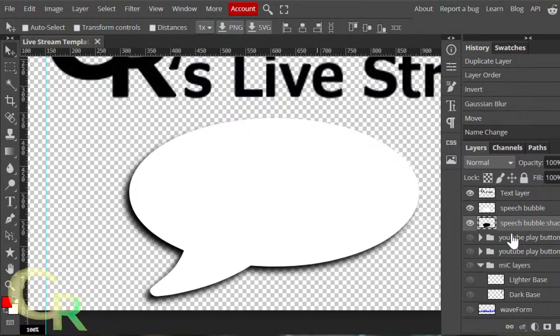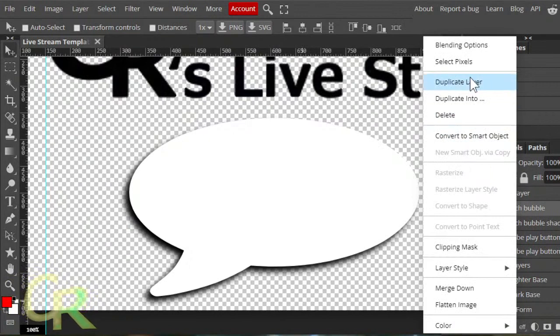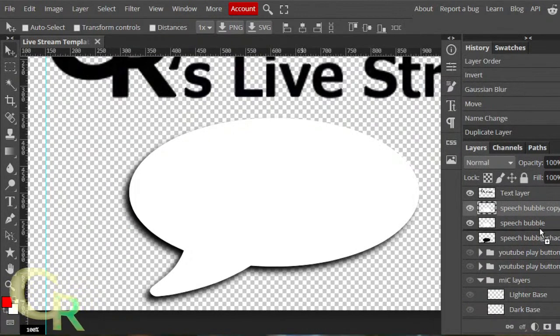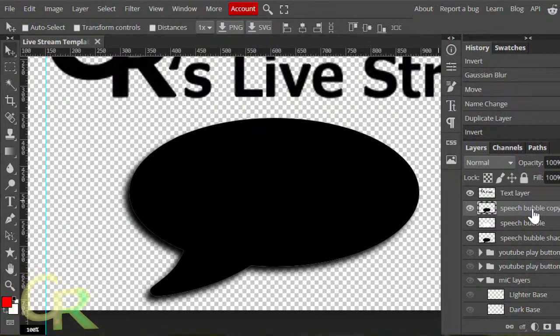Anyways, coming back to here, I'm gonna go into this original speech bubble. Duplicate the layer. Move it. Actually, I'm gonna keep it right there, so you can get it at the top above the original one. What I'm gonna do here, select that layer, Control I to invert it. So I change it from white to black, invert. I'm just gonna tone this down a little, just gradually see it.